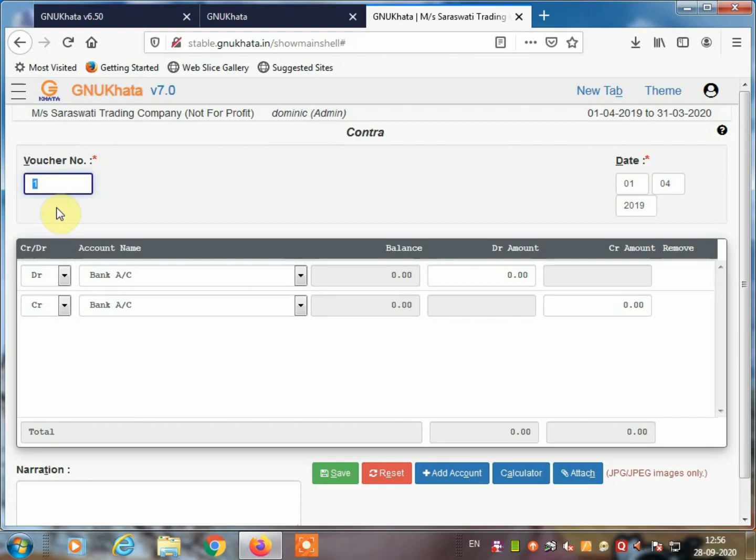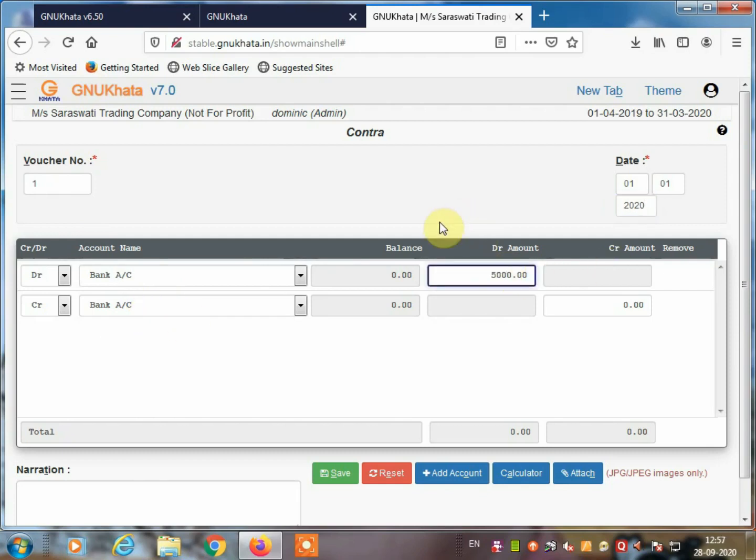Which date? The same date, 1/1/2020. Then you select first the bank account debit to cash account credit. So bank account debit, how much rupees? 50,000.